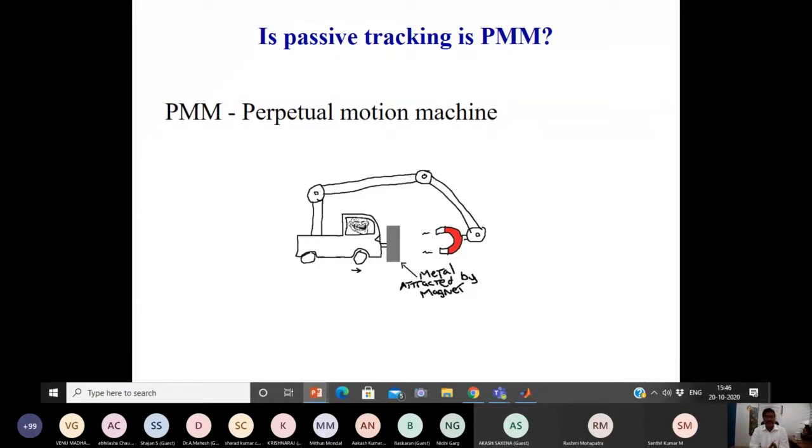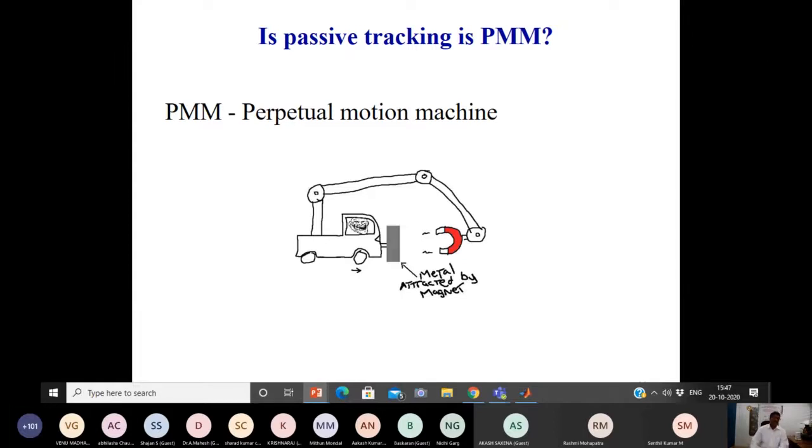As I mentioned, about the perpetual motion machine, see this funny figure showing here. There is one vehicle. In front of the vehicle, a magnet is hanging. Since the vehicle is iron, there is an iron piece. If it is attracting, without the use of petrol or diesel, he can drive the vehicle using this magnetic force. But he can't do like this. Why can't he? Because it becomes a perpetual motion machine. There is no energy supplied from the external side here.